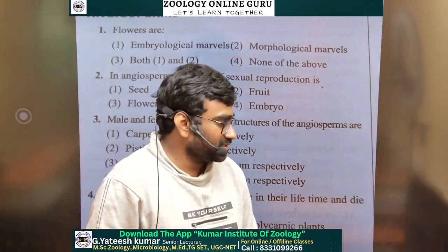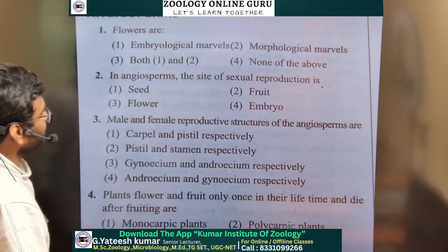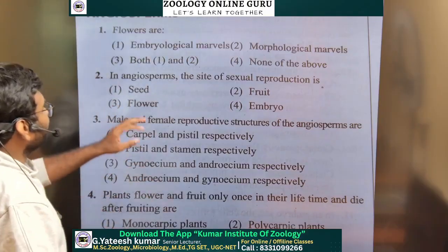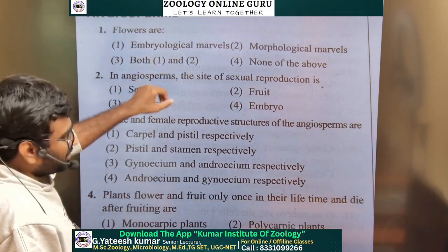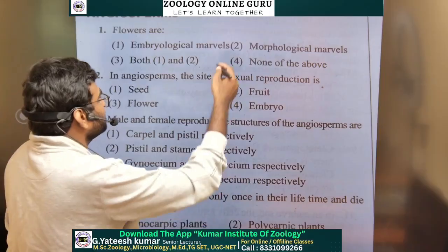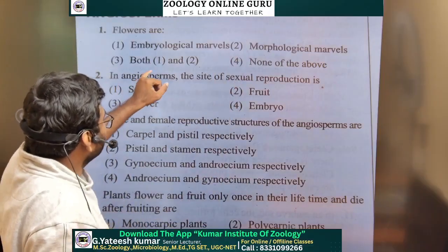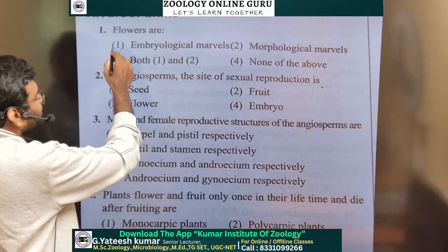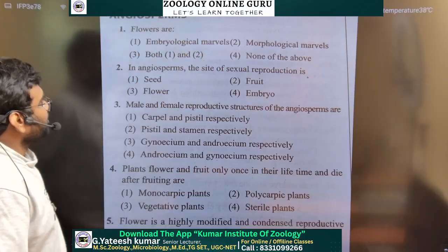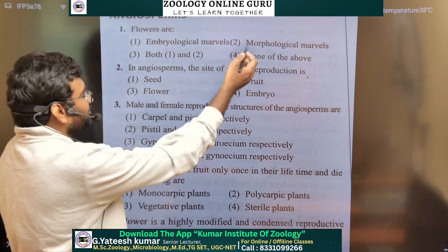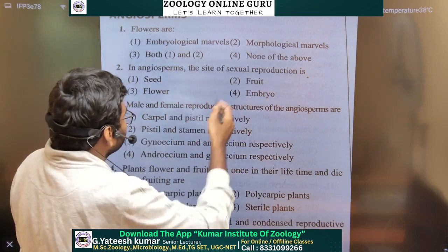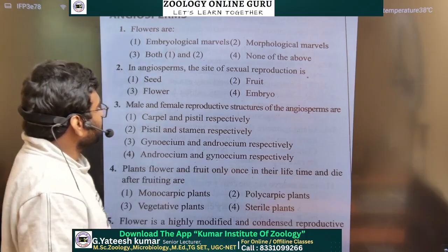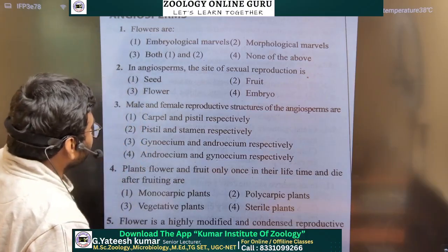Now let us discuss the important questions from the flower and pre-fertilization structures, that is, from the androecium. So here, flowers are: embryological marvels, morphological marvels, both 1 and 2, and fourth, none of these. So flowers are both embryological marvels as well as morphological marvels. In sexual reproduction,